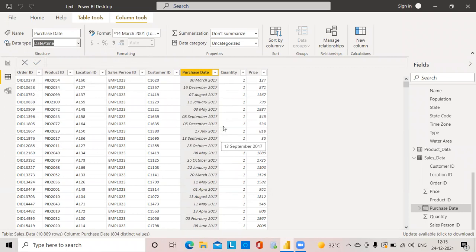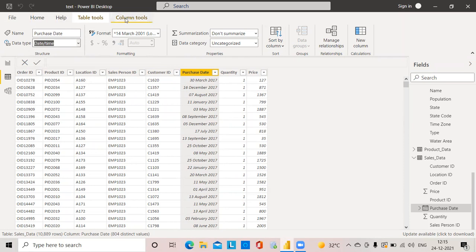Now, if I want to add 10 days to my actual date, or days or month or year, whatever, you can add. If I am adding 10 days to my actual date, I will use a date add function.